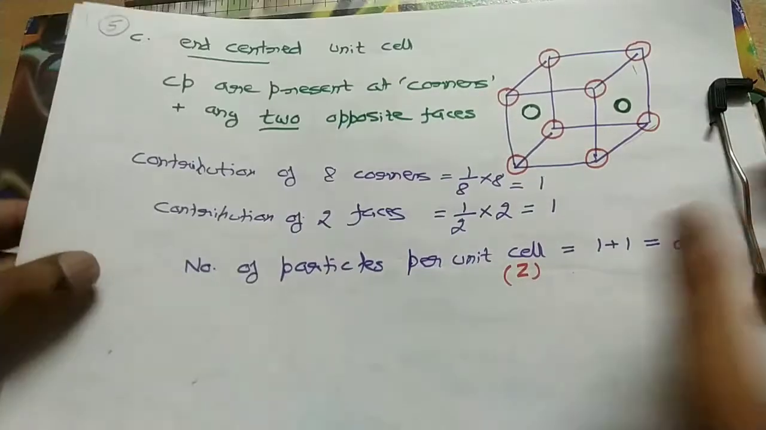So extract क्या है? एक बार मैं बोल के बता रहा हूँ. What is the number of particles in simple unit cell? It's 1. Number of particles in body-centered unit cell 2. Number of particles in face-centered unit cell 4. Number of particles in end-centered unit cell 2. Okay. Next, on the basis of this, a question,